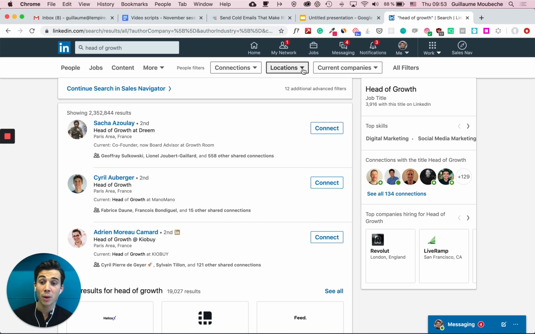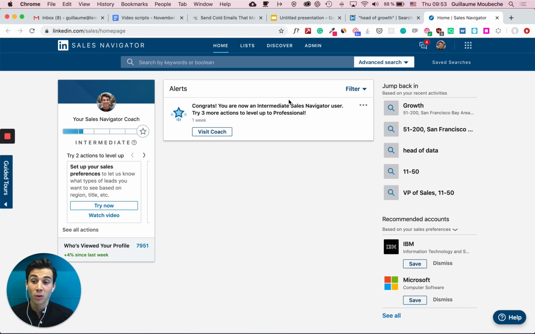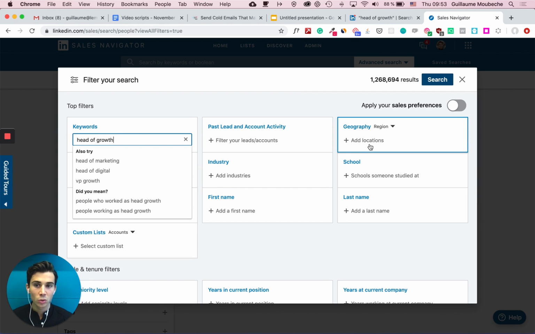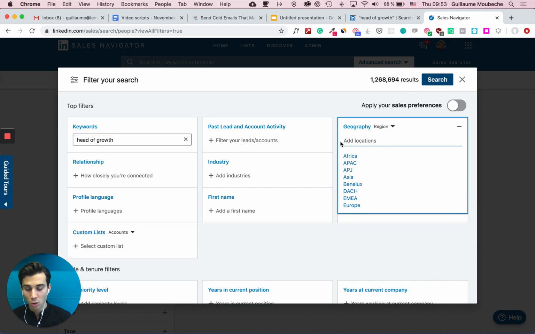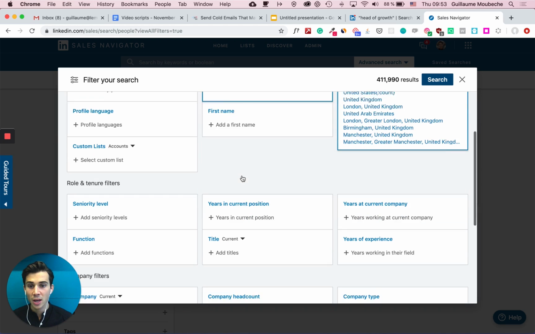If you're serious about sales and serious about segmenting your leads, I would highly advise you to get an account on Sales Navigator. I don't work for LinkedIn personally, so I don't have any interest in saying that. The only thing, and we're going to be able to see that right now, is that here, for example, let's say that I'm putting head of growth, then I want to add location, so I'm going to put United States, and then